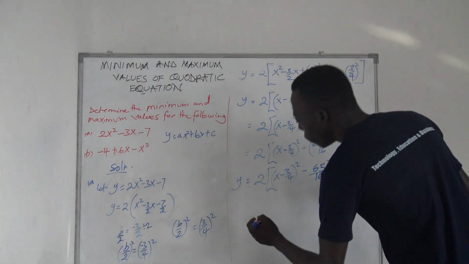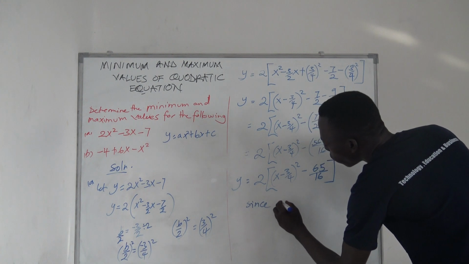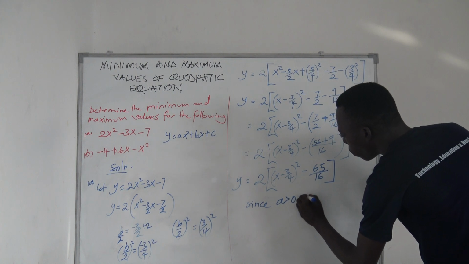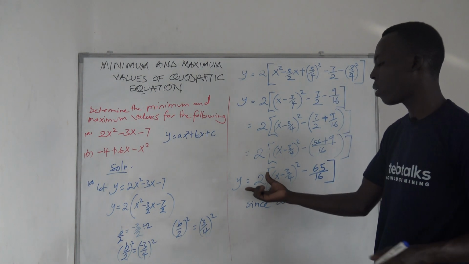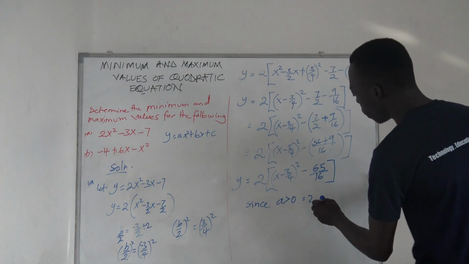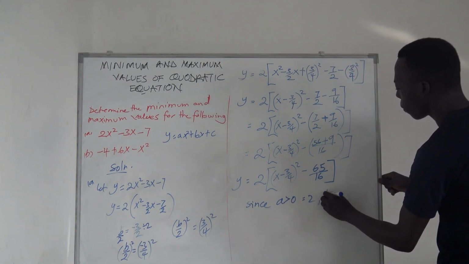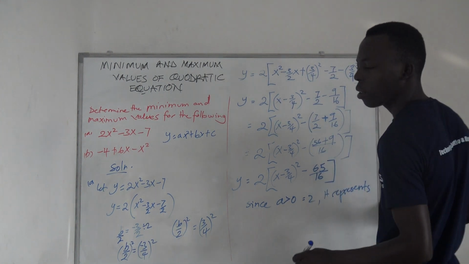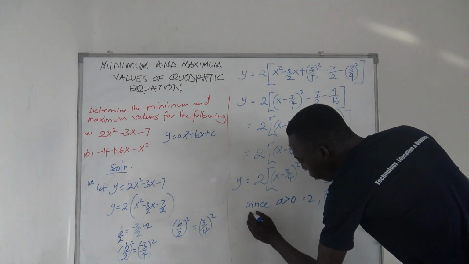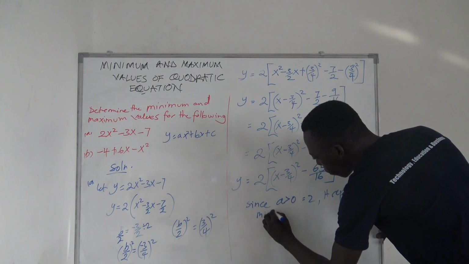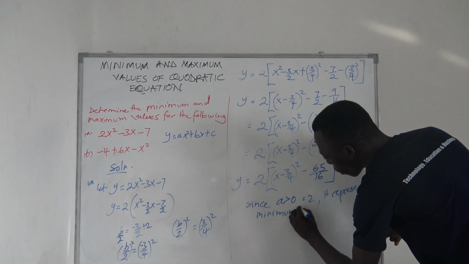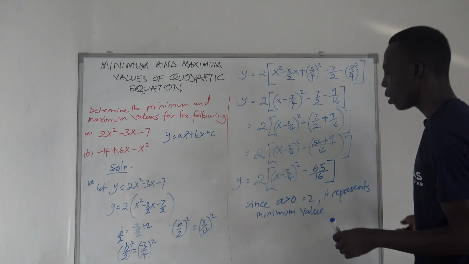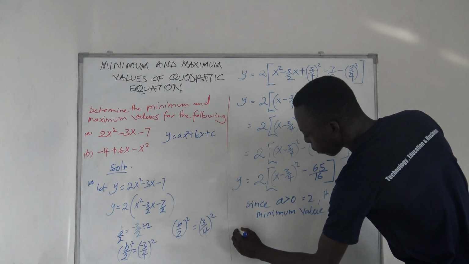So for this case, since a is greater than 0, which is equal to 2, it is greater than 0. Here we are saying that it is a 2. So that means this one represents what? It represents a, we said when it is greater than 0, that is a minimum value of that equation. So for this case, we shall say therefore